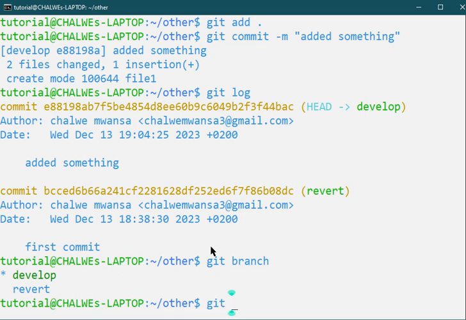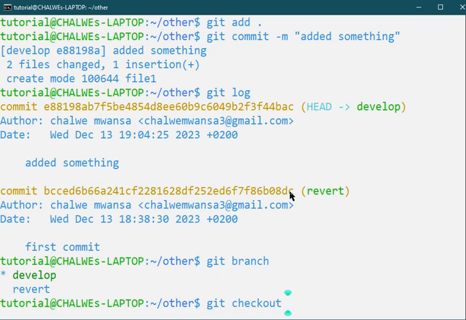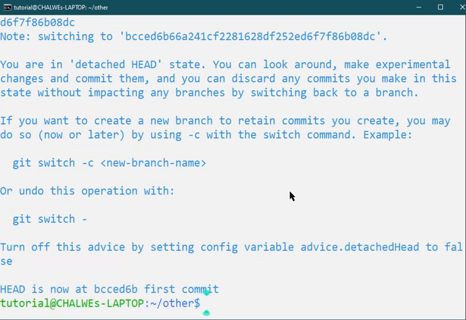So you can first of all say git checkout. Then you copy this unique number for that particular commit you want to go back to. So this commit was first commit. So I can say control C to copy. Then you paste that there. So it's now there. So I can now make a separate branch where all these things or that state